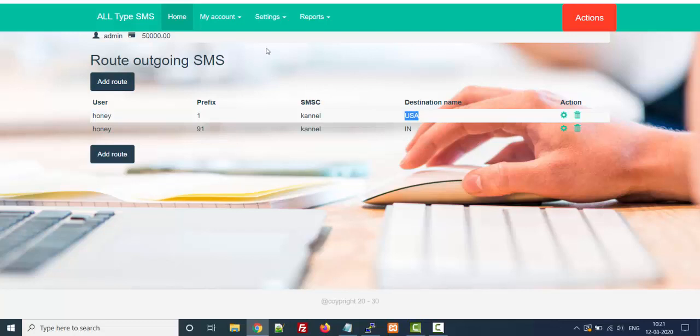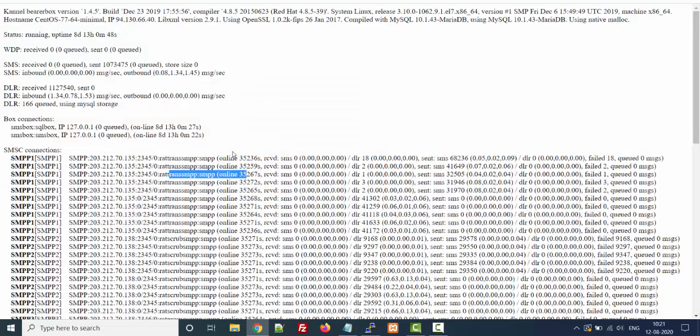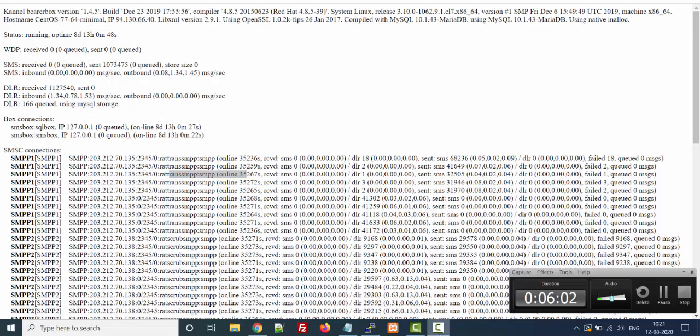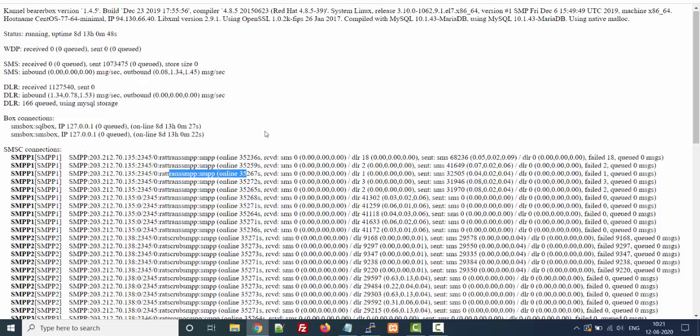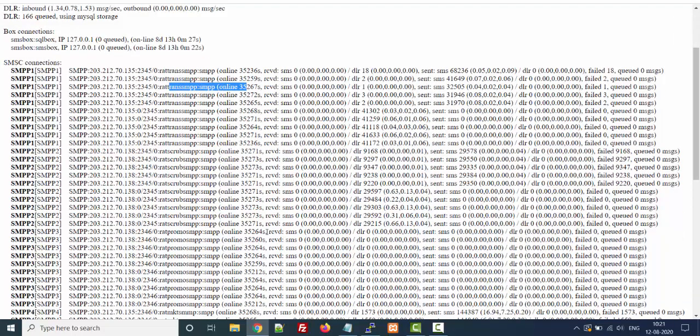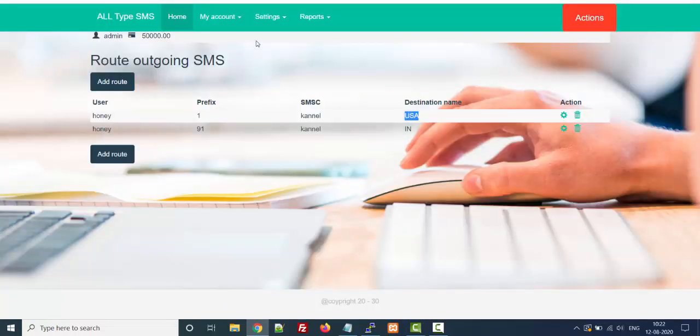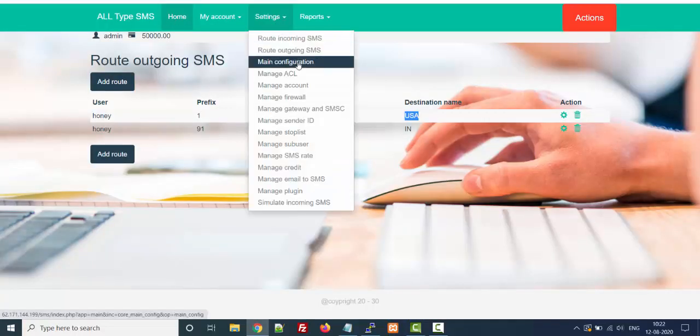Because what we have done at present, we have to pass all the SMS from the canal, and there is auto load balancing. It means whenever the SMS comes, if the traffic is very large, the entire traffic will be divided among these SMPP connections. Okay, so we have done this. This is going on. So now what we have learned: routing, SMS gateway.